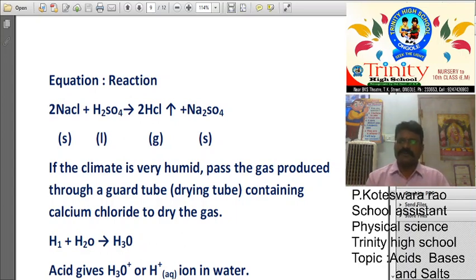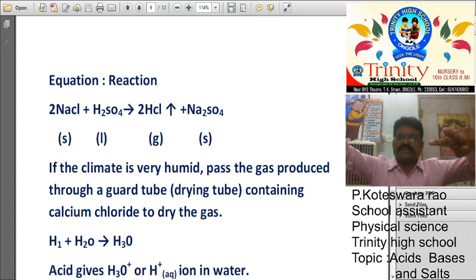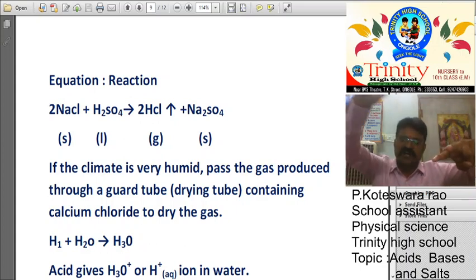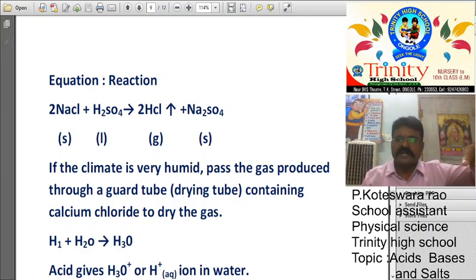Okay. So my dear students, what about this simple mechanism? First of all, we take NaCl in a test tube. We hold the test tube with the help of a pair of tongs. Then we take solid NaCl, and next we take concentrated sulfuric acid with the help of a dropper or conical flask. We add it dropwise. Then we fit it with a one-hole rubber cork, through which one delivery tube or L-shaped tube passes. Then a chemical reaction takes place, so one gas is ejected.